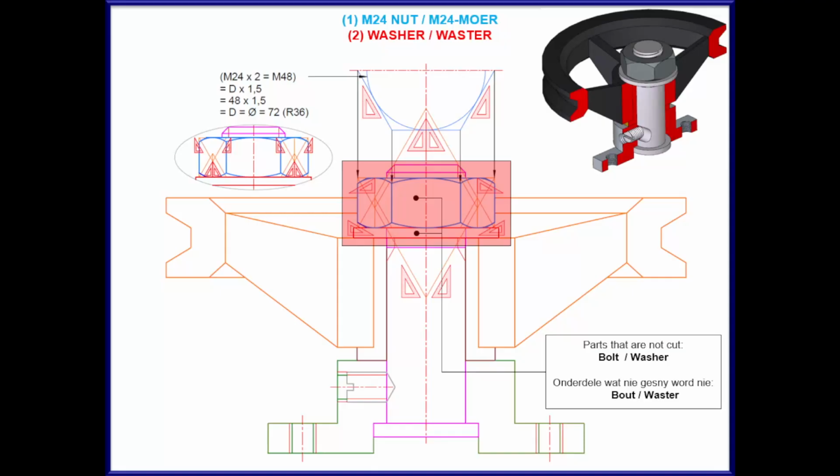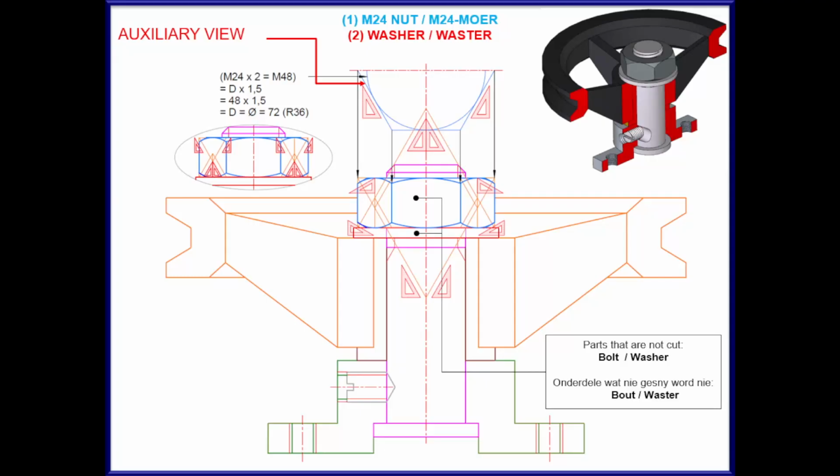When drawing a nut or a bolt, you must always draw an auxiliary view, because the dimension details from the side to the end of the first face is not given, as well as from the left side to the end of the second face is not given, and from the second face to the end of the third face is also not given. The question stipulates that we need to show 3 faces of the M24 nut, and that all constructions need to be shown, which means that we are not allowed to use a bolt nut stencil.